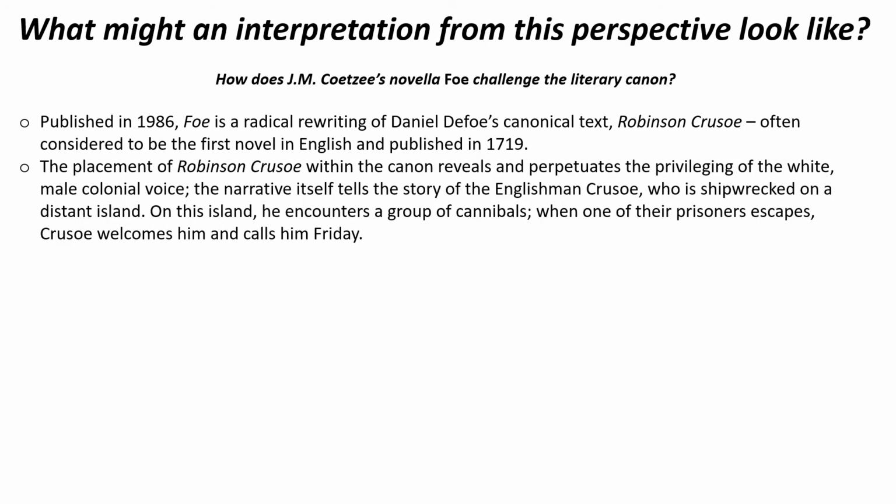So the placement of Robinson Crusoe within the canon reveals and perpetuates the privileging of white, male colonial voice. The narrative itself tells the story of the Englishman Crusoe, who is shipwrecked on a distant island. And on this island, he encounters a group of cannibals. When one of their prisoners escapes, Crusoe welcomes him and calls him Friday. And then Crusoe and Friday live on the island. They try to create almost a little mini civilization, a way of existence, and then they try to escape from